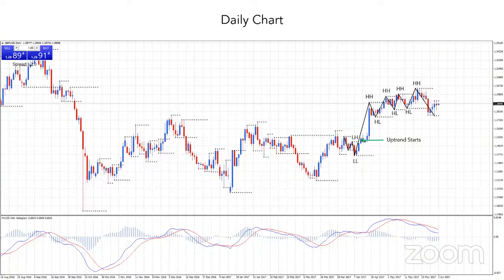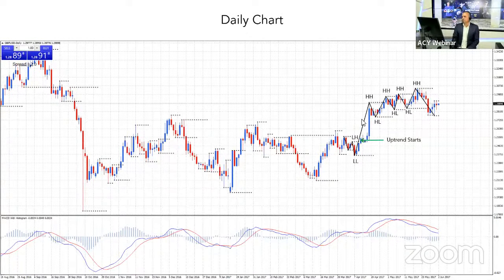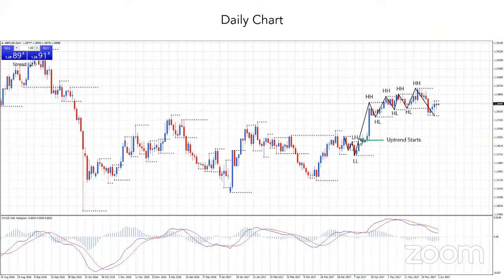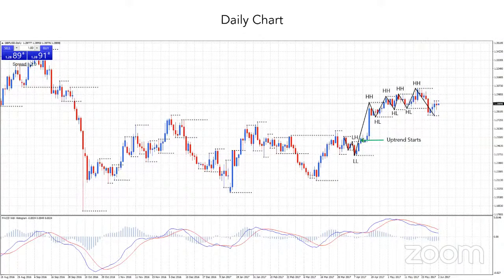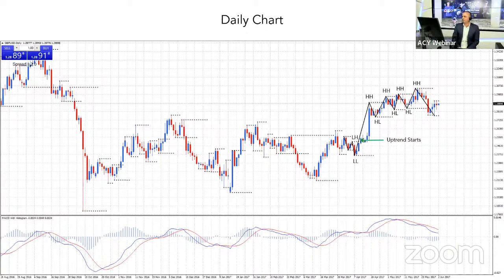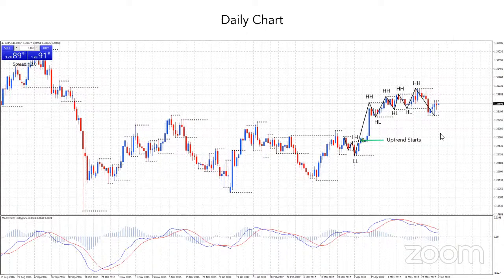Well, the larger moves always happen with the trend. Like this, once we broke above this high, you look at the length of that move. And then the next pullback is really short relative to that long move up. So the movements against the trend can always be very, very short, and the movements up with the trend in an uptrend can be very long. So we're always going to maximize the potential profit trading with the trend rather than trying to go counter trend. Got you. So that's the benefit of trading with the trend.